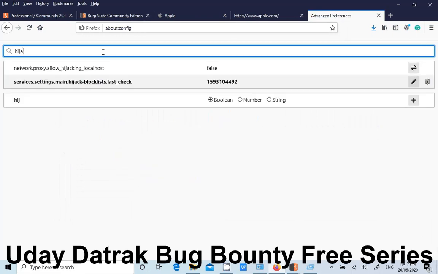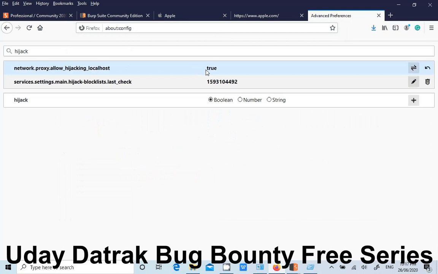Search for hijack here, and by default it is showing as false. So you need to double click on that line and make it true. That means all the requests can now be captured for localhost websites in Burp Suite.